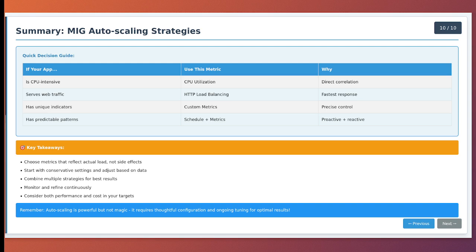Remember that auto-scaling is not a set-and-forget feature. Traffic patterns change, applications evolve, and what worked last month might not be optimal today. Regular review and adjustment of your auto-scaling configuration ensures it continues to meet your needs effectively. With proper configuration, MIG auto-scaling can dramatically improve both application reliability and cost efficiency. It is one of the most powerful features in Google Cloud for building resilient, elastic